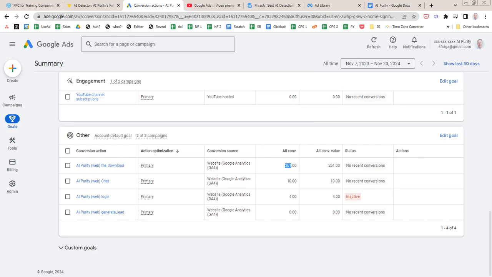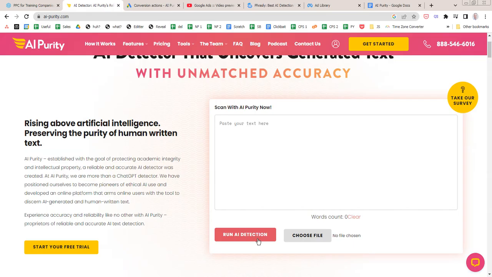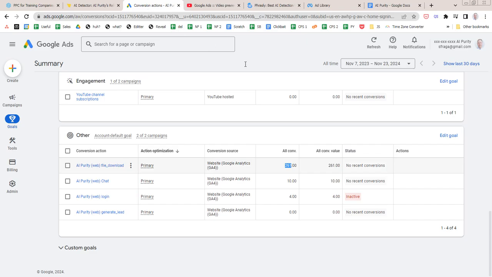Now, unfortunately, I looked through your website. I couldn't actually find the download. I went through this whole thing, AI detection, and there's no downloading that happens. So it might be a service you removed. Maybe it's a PDF that scored your content for whatever, AI generated aspects, different paragraphs or whatever. But I couldn't find it, so I'm flying blind a little bit on that. But it's a problem either way.